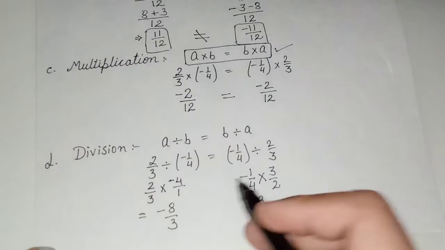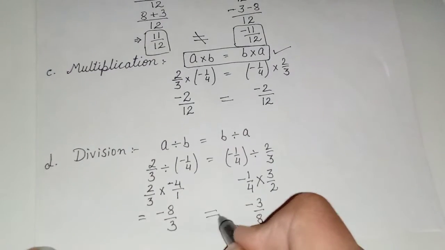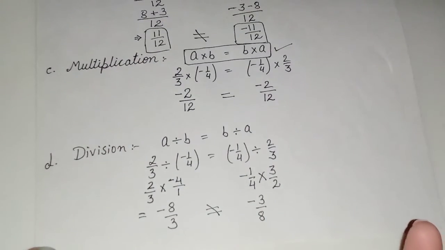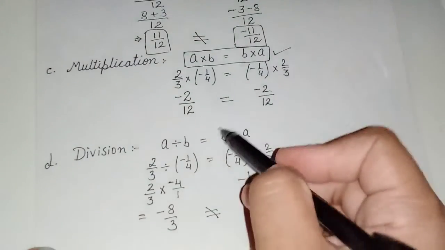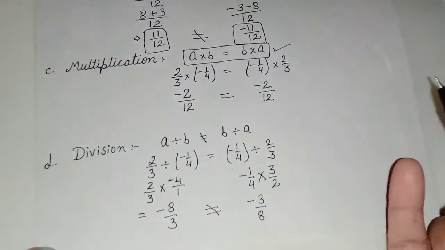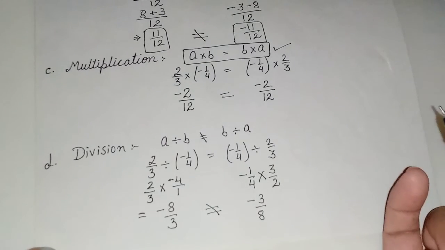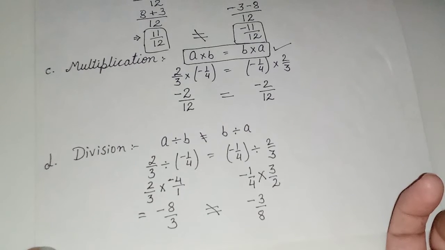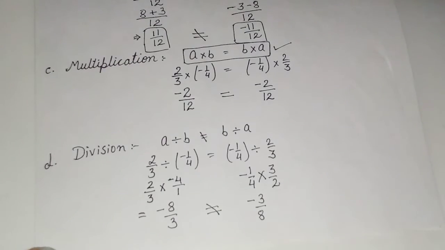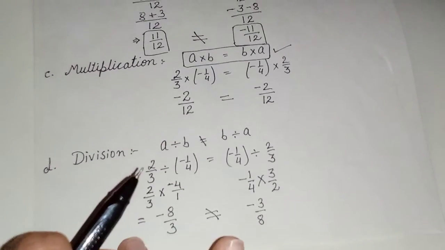Yeah, so here we can see that this RHS is the reciprocal or multiplicative inverse of the first case. Here we didn't get the same answer, right? So it's not possible if we change the order of the numbers in case of division. So our answer will be changed. So we cannot divide the rational numbers in any order. Okay, so commutativity does not exist under division of rational numbers. So we can say that rational numbers are not commutative under division.